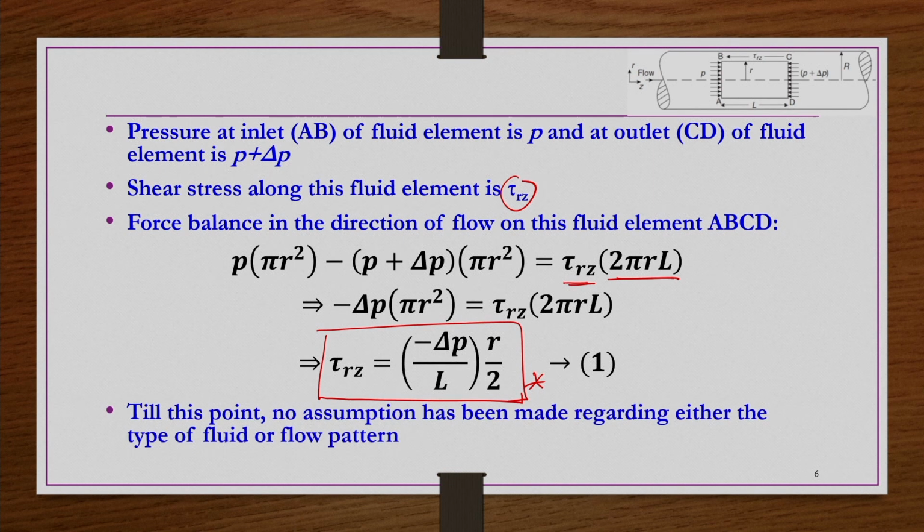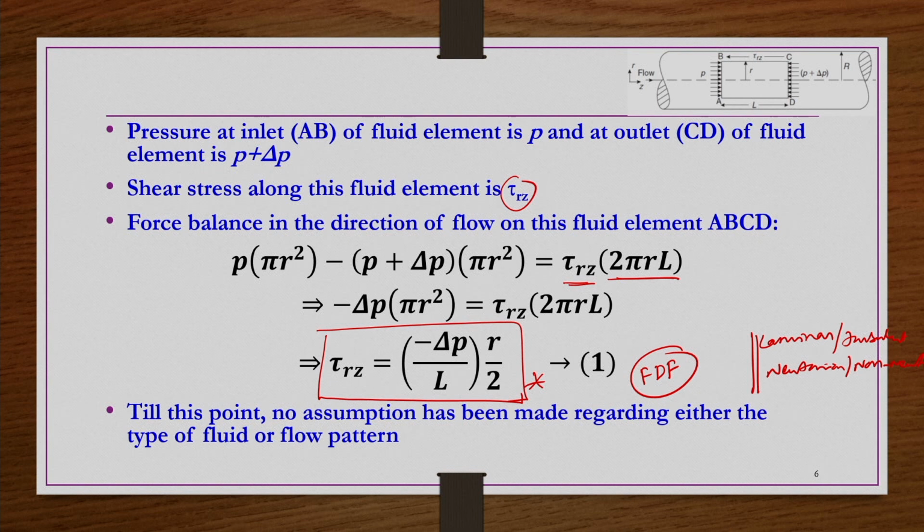So, till this point, did we consider anything about the nature of the flow or the nature of the fluid? Nature of the flow in the sense of whether it is laminar or turbulent, did we consider that? No. Did we consider Newtonian or non-Newtonian? No, we did not. The only thing we considered is that the flow has to be steady, incompressible, fully developed flow. Even in turbulent flow it is possible to have fully developed flow conditions, and for laminar flow it is anyway possible, as we have already seen in transport phenomena courses.